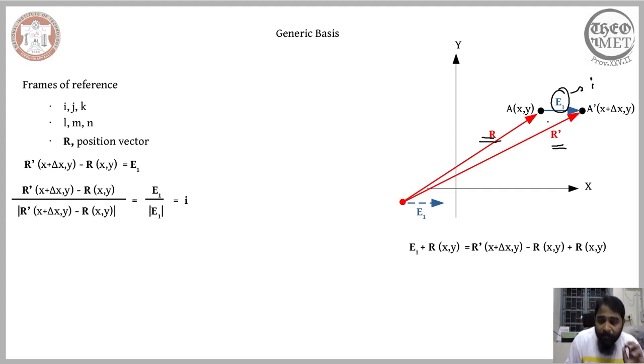So that means I am now able to give a meaning to I, which is my desired direction, without the dependence on my coordinate system. Let me repeat, what we have essentially done is find a way to describe the unit vector I using two different position vectors. Even though originally these position vectors were defined by x and y, I can consider any frames of reference. It could be x prime or y prime, it could be L and M, but irrespective of the frame of reference I consider, because of the operations that I have performed,